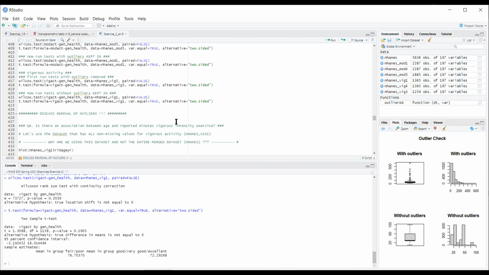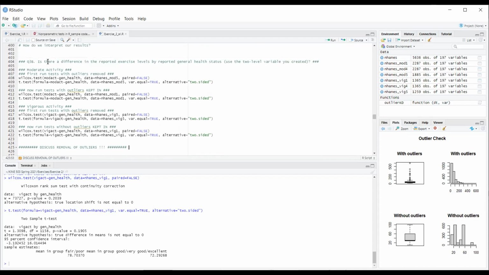So what I did, running these 8 different tests, is actually not a good habit. This is really for me to show you what it looks like when we run the appropriate statistical test, in this case our Wilcoxon rank sum test versus a t-test, and how that may or may not differ. In terms of outliers, probably what I would do in a situation like this is